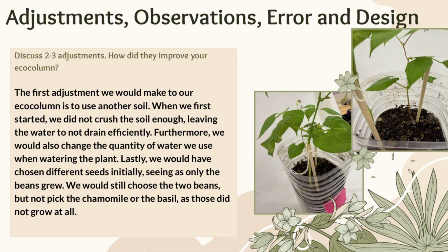These changes would have improved our eco column, because basil, one of the seeds we chose, requires a rich, well-drained soil with organic matter and takes a lot of nitrogen from the soil. So by not choosing that seed, we could have had better chances with growing other plants besides the legumes. Furthermore,